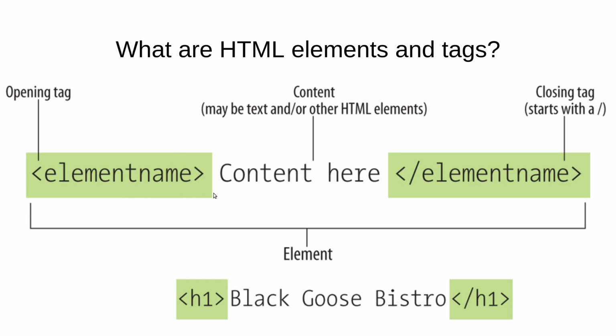And then tags contain something between them. The opening tag and the closing tag contain something between them, and that's called the content of the tag. And then it's followed by the closing tag, which is the same as the opening tag except for the fact that there is a / right after the less than symbol. So this is the fundamental format of an element in HTML. This h1 tag at the bottom is an example of an HTML element, and it contains the h1 opening tag, which is less than h1 and greater than, and then there's content, and then there's a closing tag for the h1 tag.